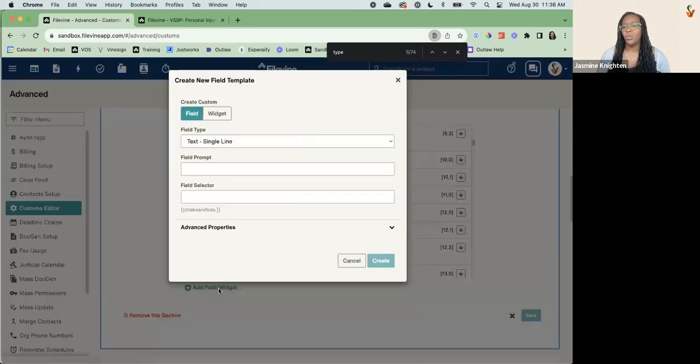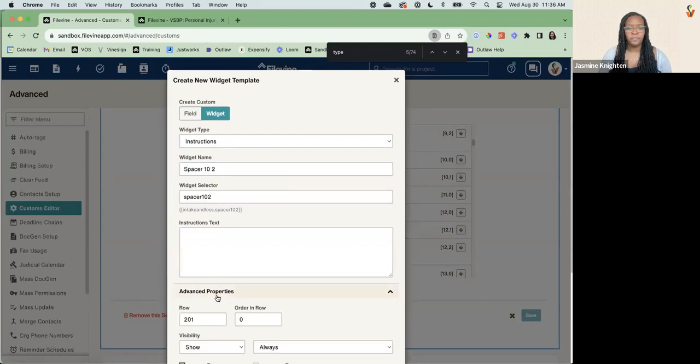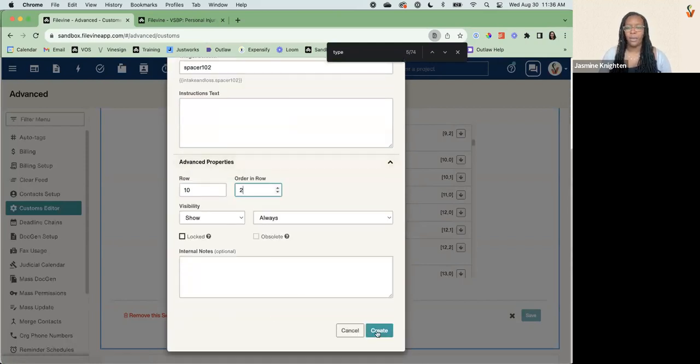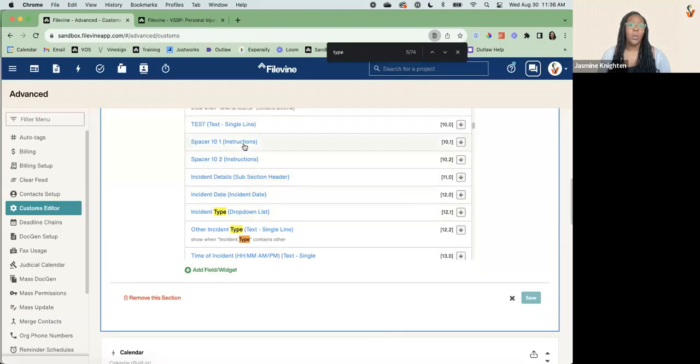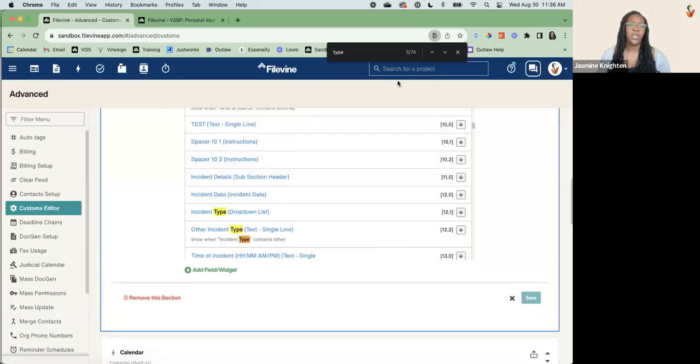And then I want to do one more because again, I just want it as a third of that line. So I'm going to go ahead and add another one in. And this is going to be spacer 10-2. And then I need to make sure I change my row and order there and press create. One thing to note is if I still had a contingency on this test option here, I'll want to include that contingency on my spacers so that it only shows up when I need to and there's not awkward spaces